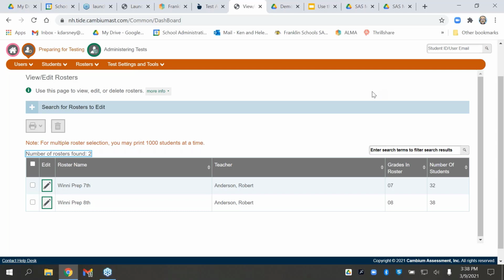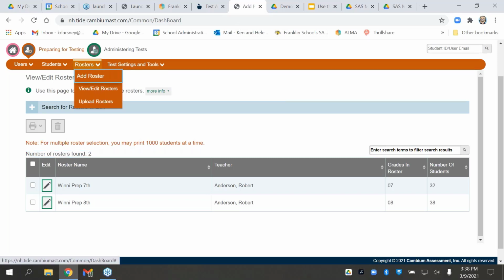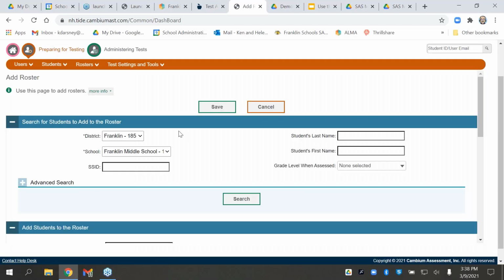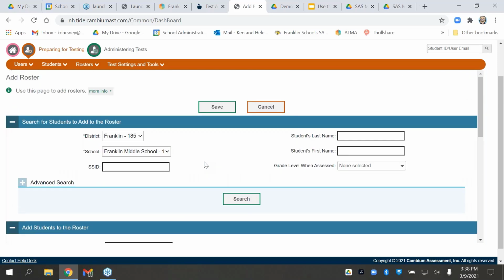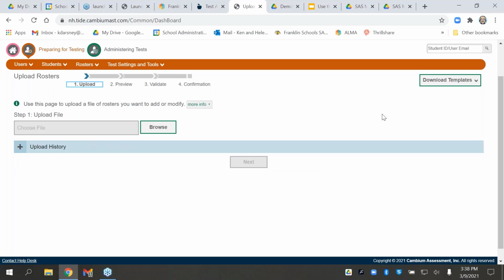And we'll see if we can take a minute. My teachers navigate around this a lot more than I do. But anyhow, making up rosters. And yes, I'm going to tell you right now that rosters are a lot of work to do. But if you have a good student information system, there are templates to be able to do that. Upload rosters. There's a template to be able to use, and the template allows you to do it.